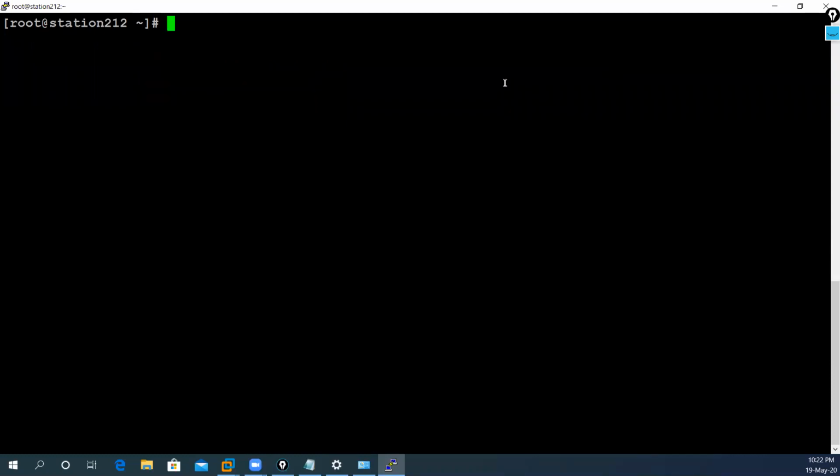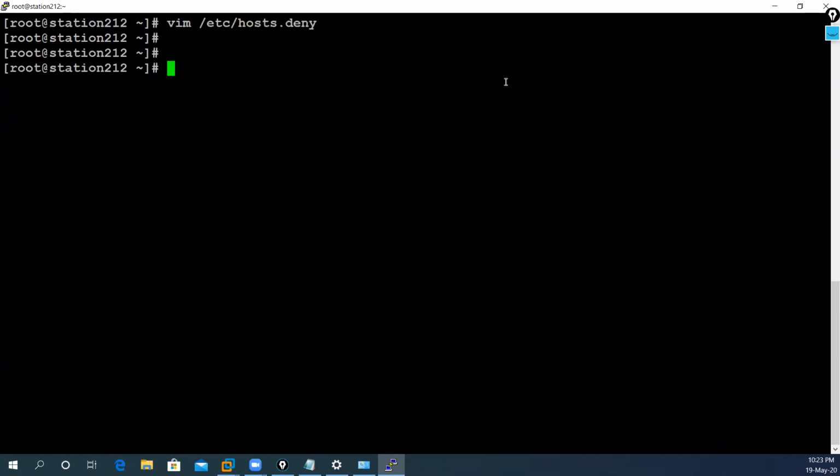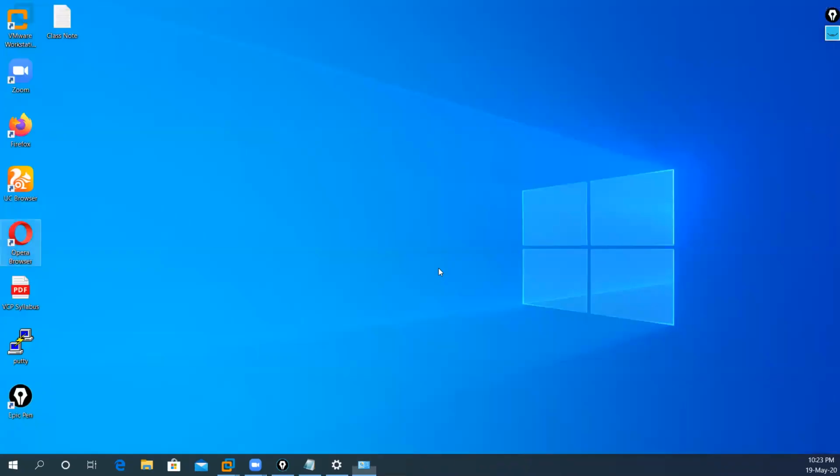Okay, this is the syntax. This syntax can be used to track this IP address. You can even use the network also. Okay, no problem, but I'm going to use the IP address today. Then whenever 30.10 wants to do the SSH or tries to do the SSH with my computer,